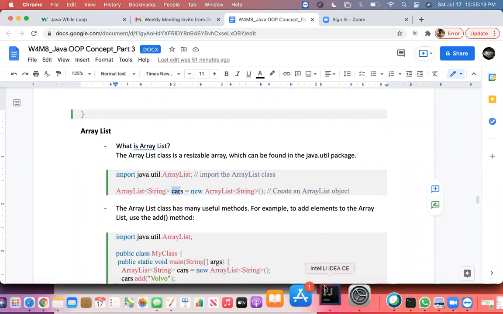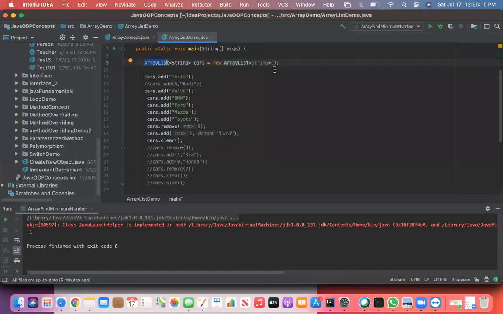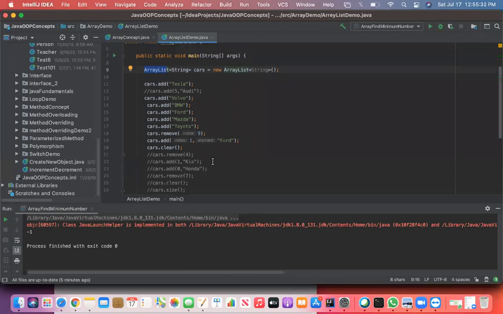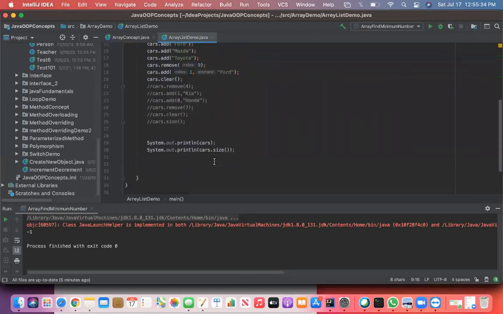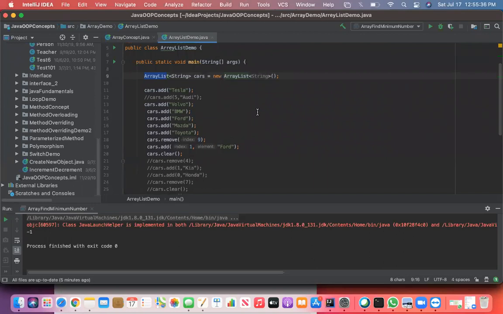So this is basically the creating part. And if you go to IntelliJ, you will see here. So now anything you want to add, you just give dot, and then you will see add, remove, clear, anything, a lot of functions are there. So now, if you want to run this, for example,